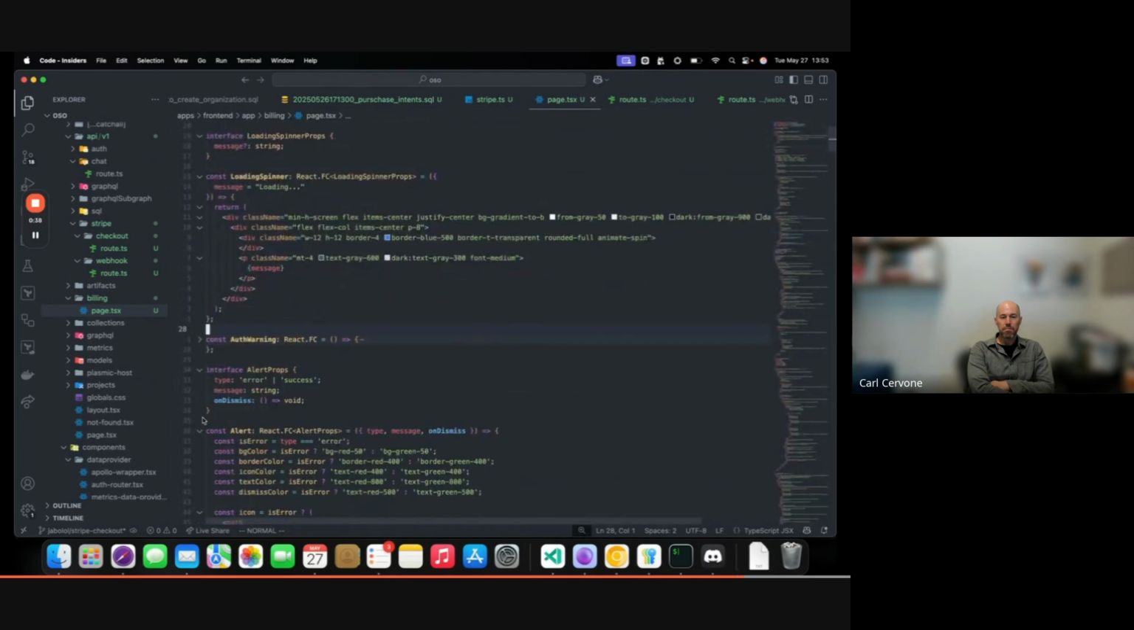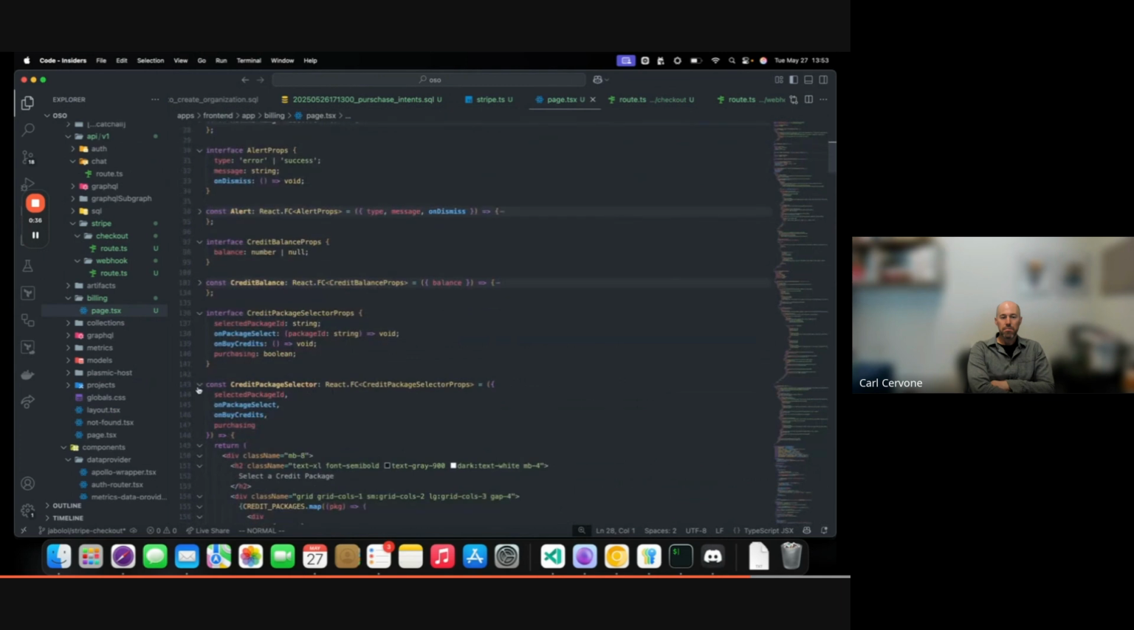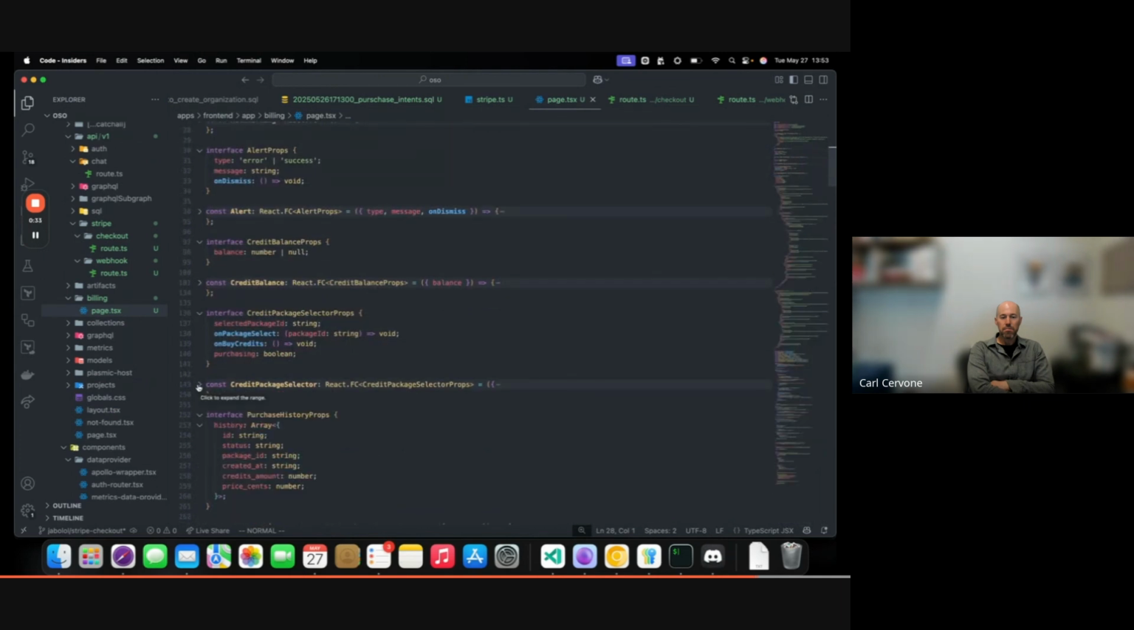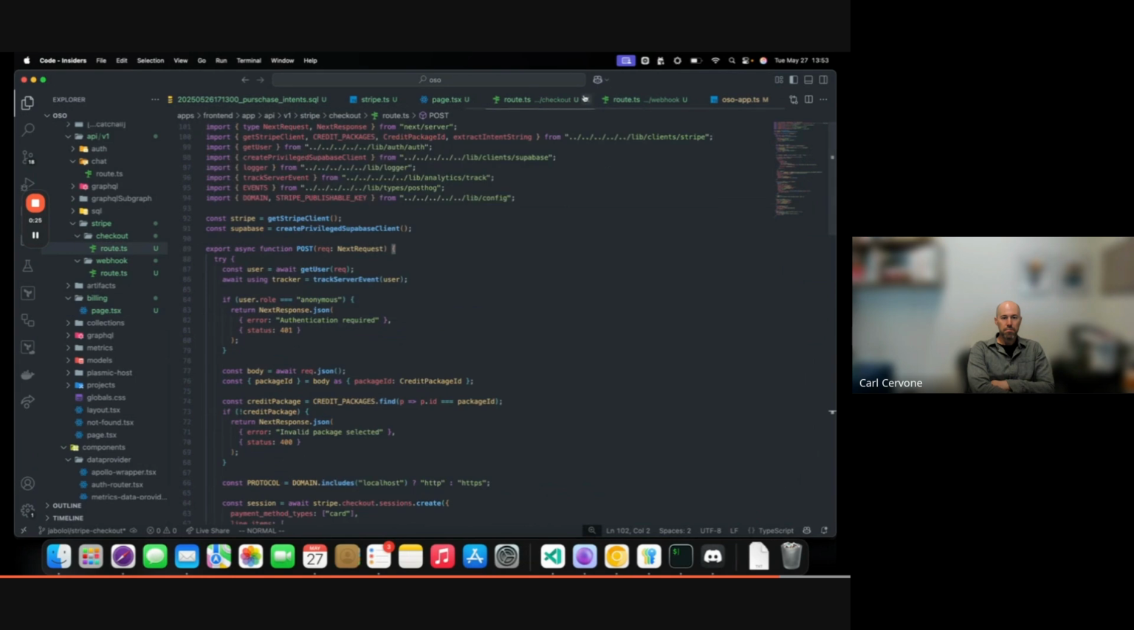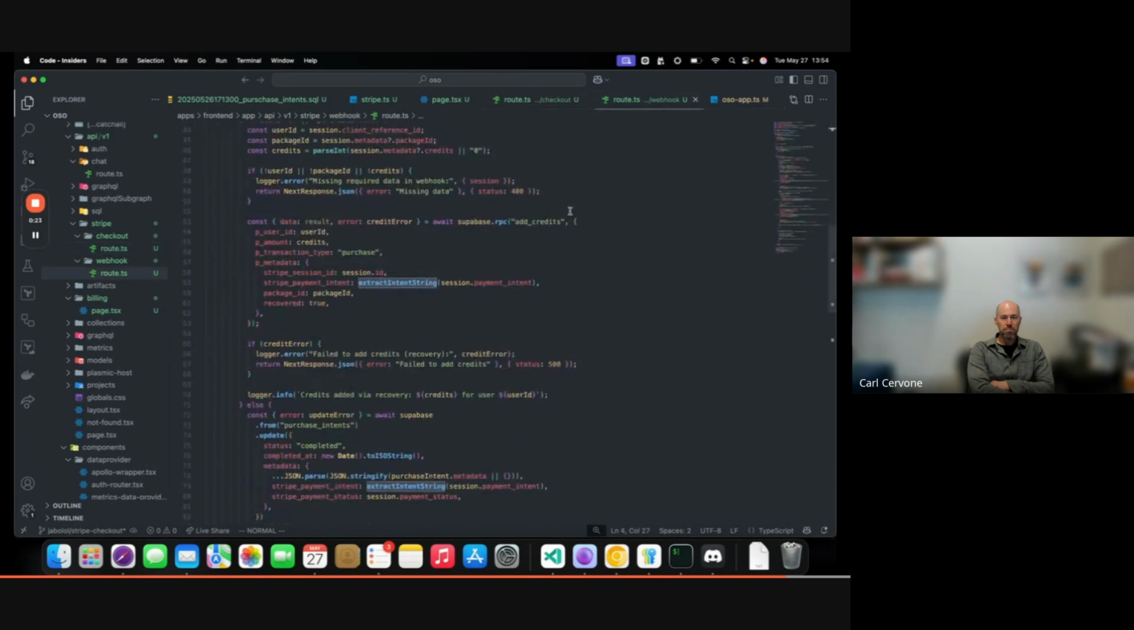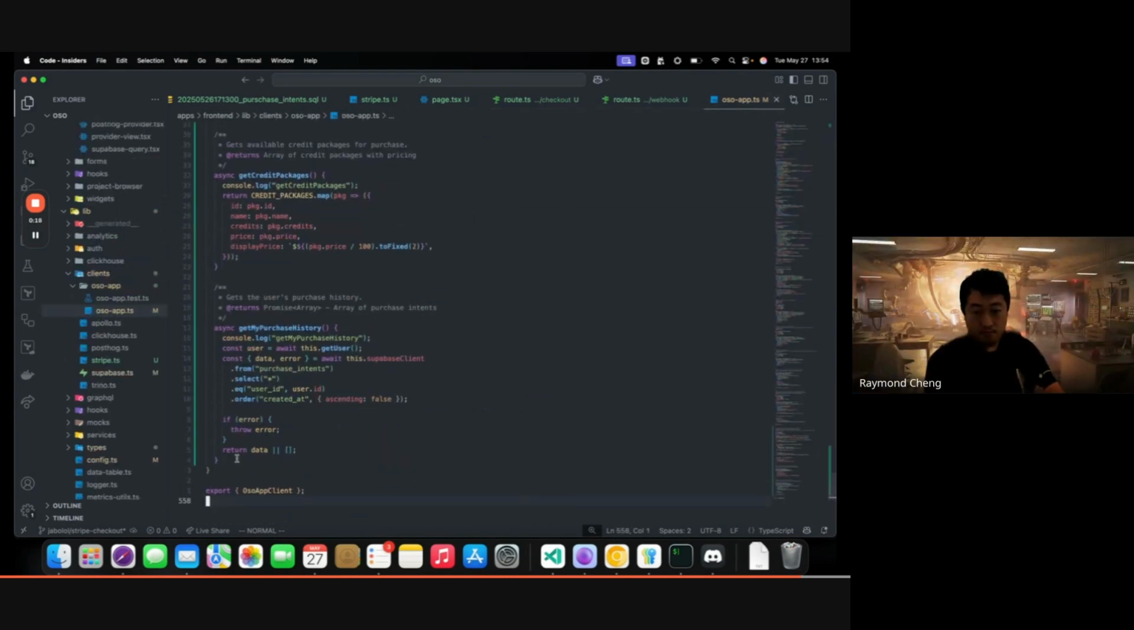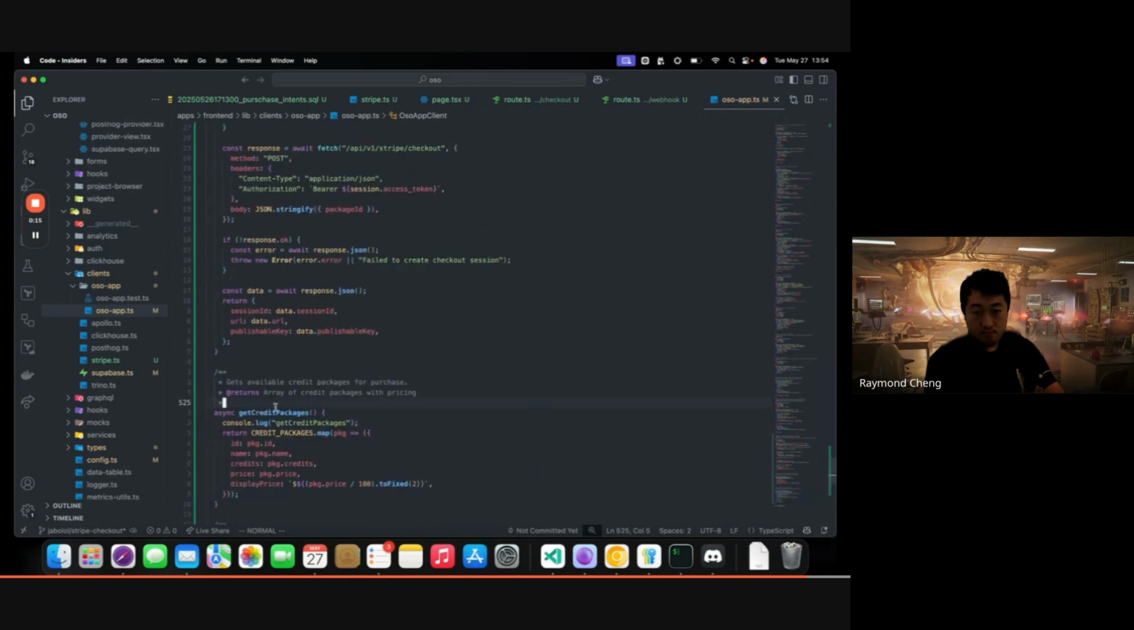As you can see, we have all of these single components, so we can import them in Plasmic and use them rather easily. For the moment, for convenience, they're in React land because I want to fix the bug regarding the session. And here we have the route to check out Stripe, the webhook route, which actually creates all of the credit transactions. And here in the OSO app, to connect with Plasmic, you can get your purchase history, get your credit packages,